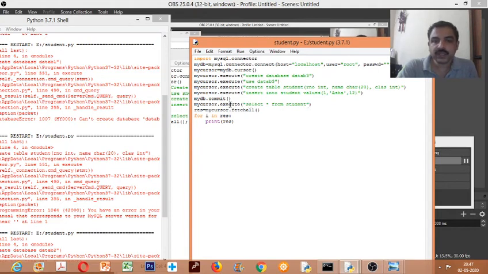So while displaying, execute is just to execute, but if you want to fetch the data that was executed, you need to use the fetchall function. So it fetches and stores in res. I can directly print res if there is only one record, but if there are more records I need to display one by one. So I can use a for loop: for i in res, print i. If I write print i, I can get the data one by one.